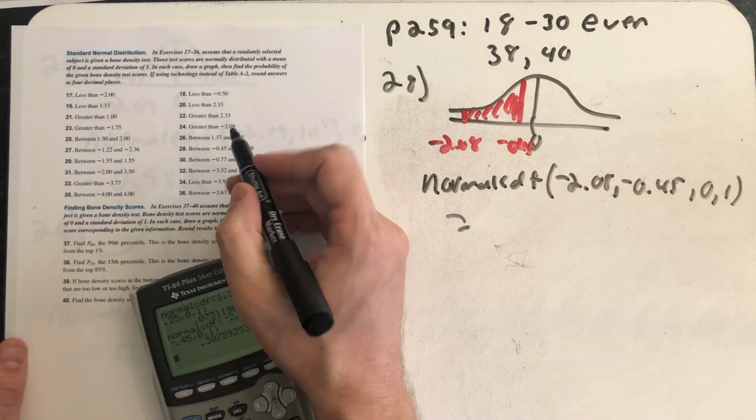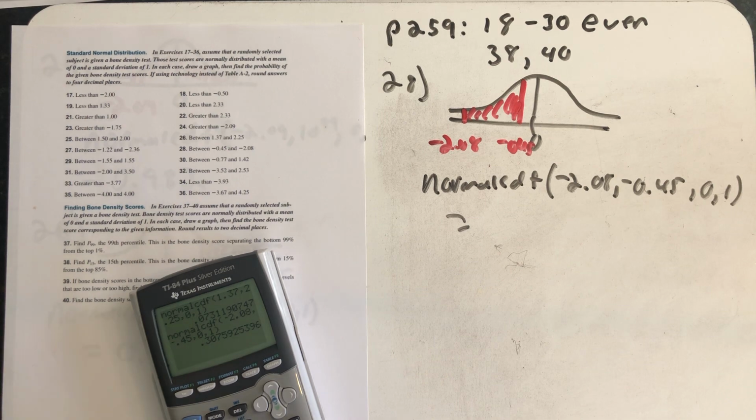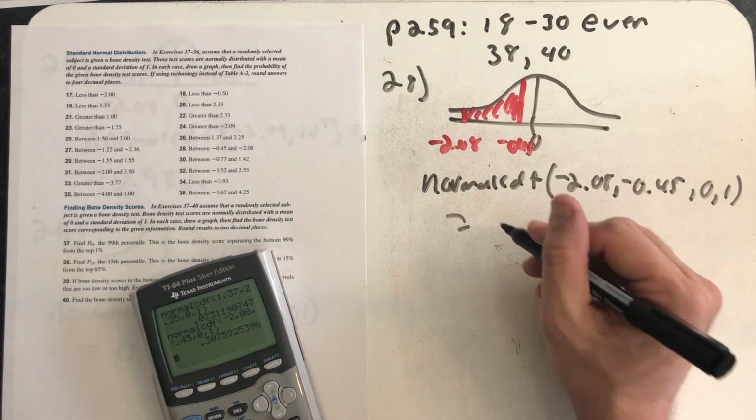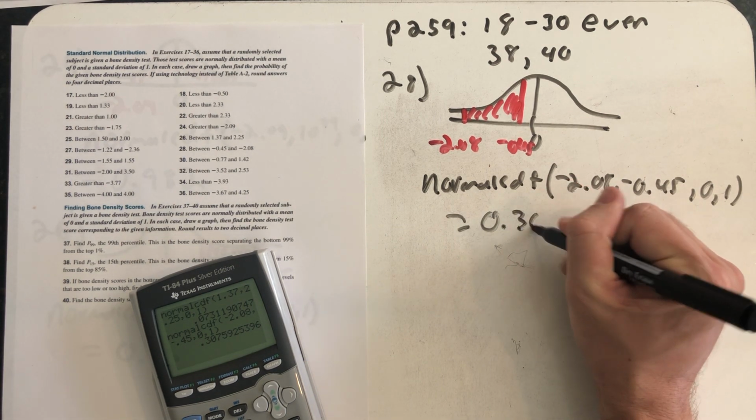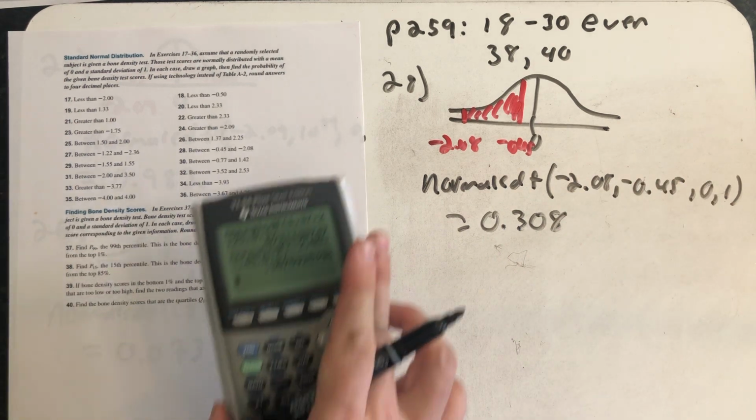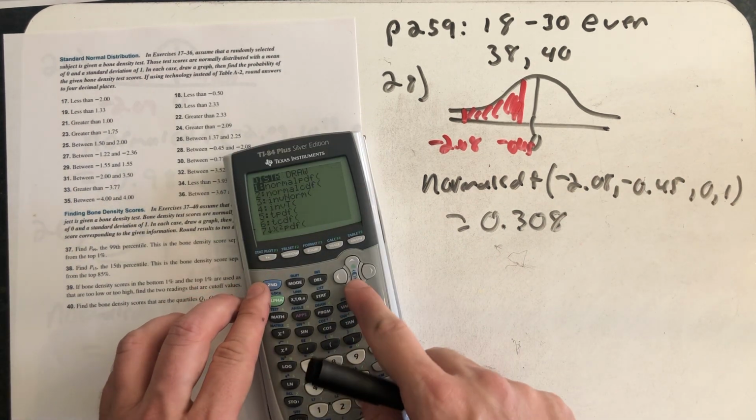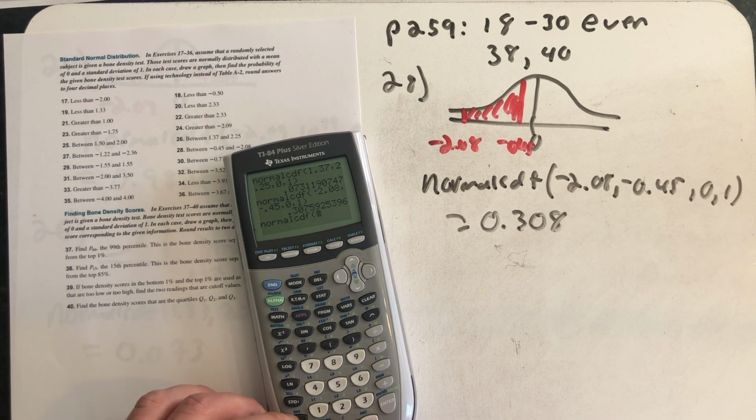The author wrote these on the page backwards from the way we needed to enter them in. I'm pretty sure that was written there just to see if we were paying attention. I want to show you something. Let's see what happens if I'm not paying attention and I just blindly type in